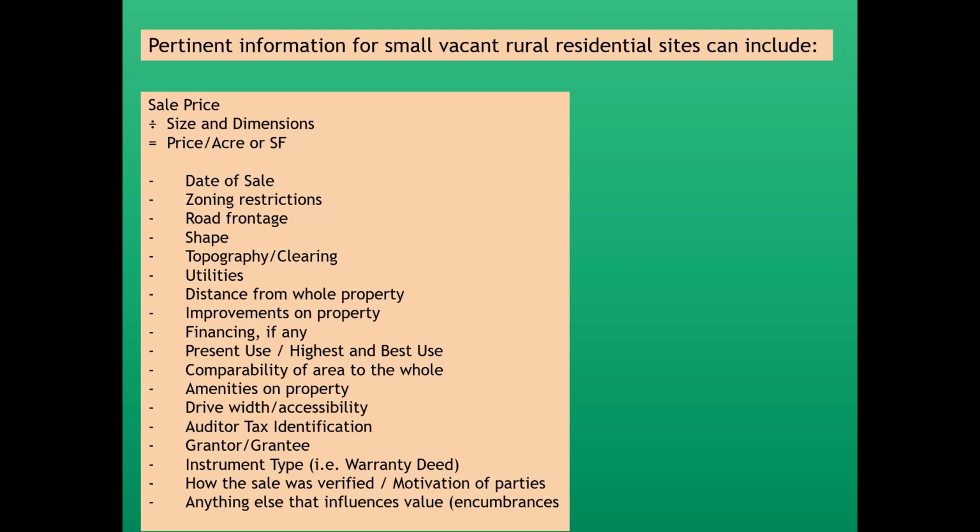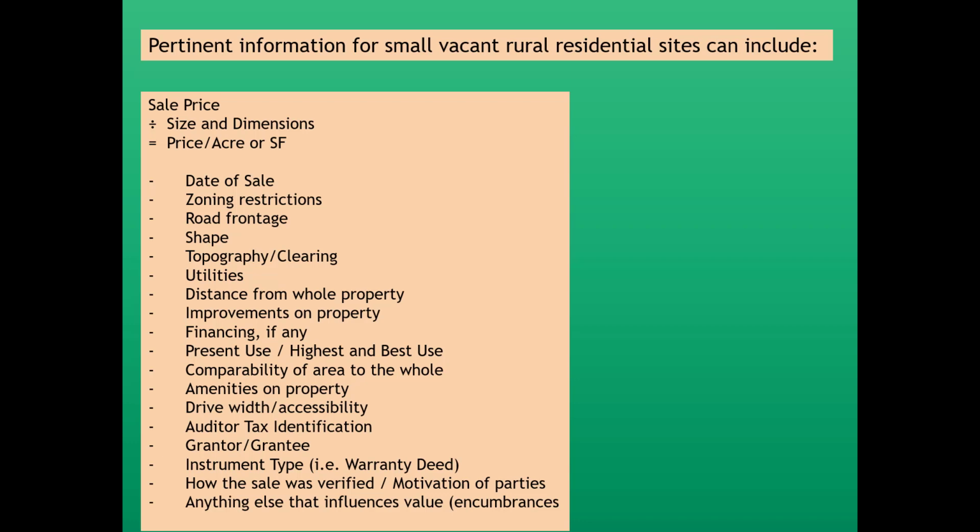You want to derive a price per acre or square foot, which is dividing the sale price by the size of the property. And you'll probably want to get information on date of sale, zoning restrictions, road frontage, shape, topography, utilities, distance from the whole property, improvements on the property, if any, financing, if any, present use plus the highest and best use, comparability of the area to the whole property, amenities that went with the property, drive width and